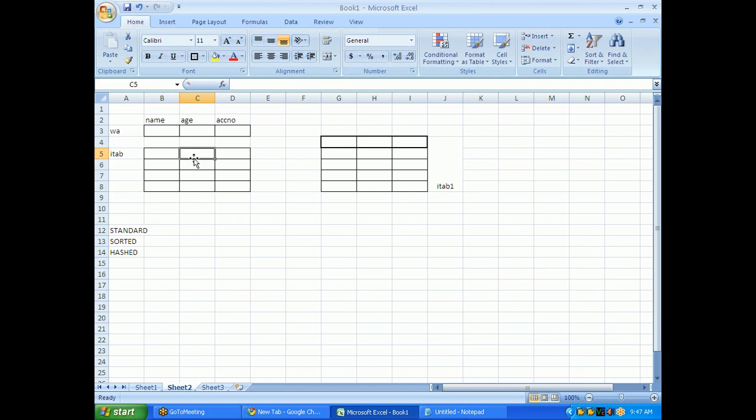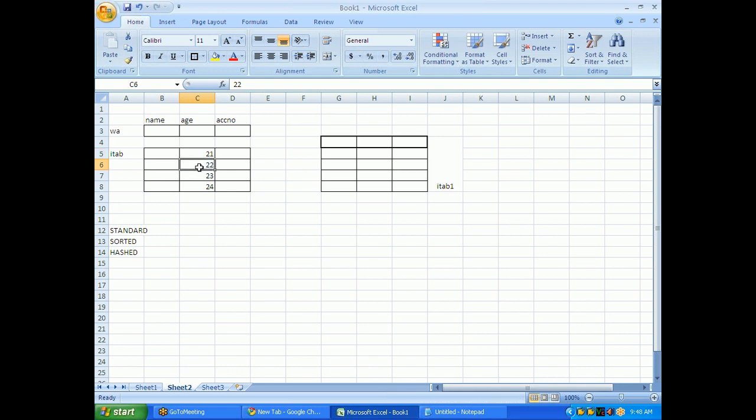Say for example, I have ages 21, 22, 23, and 24. Now I am searching for age 24. With a linear algorithm, it will check 21, 22, 23, everything, and come to 24. But binary search will divide this into two halves. If the internal table has 4 records, it will put the first 2 records in one part and the second 2 records in another. Now it will check: you are looking for age 24.